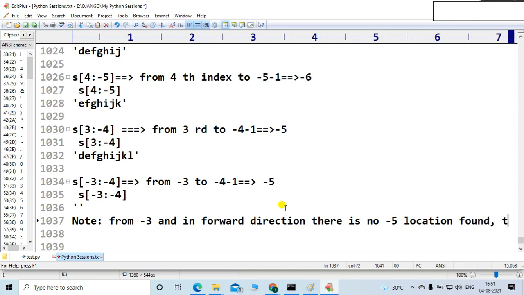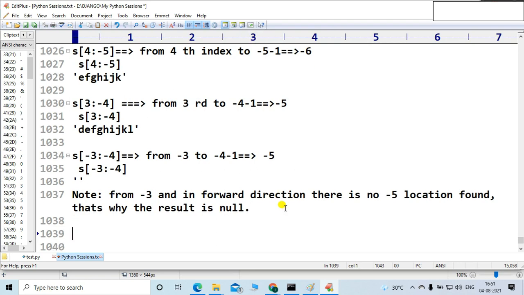That's why the result is null. No string is obtained. If this situation happens, then definitely the result is null, friends. That thing you have to understand.